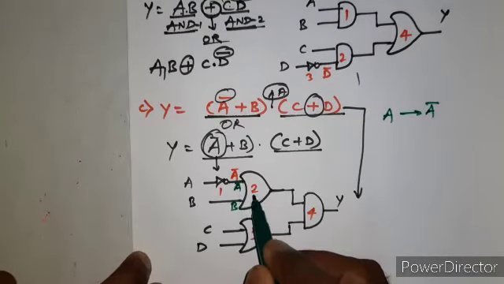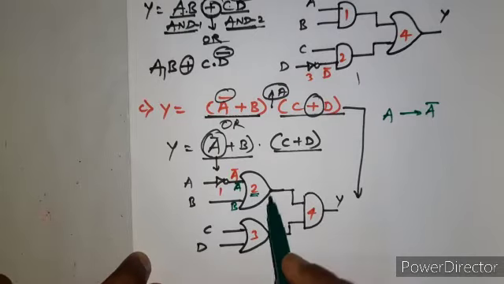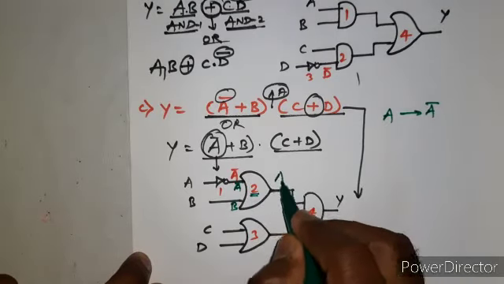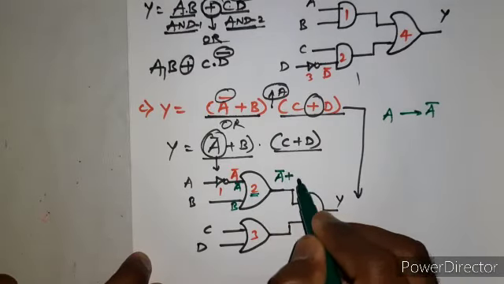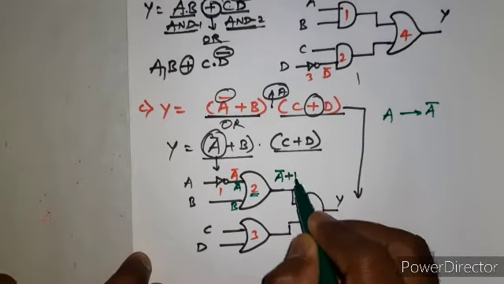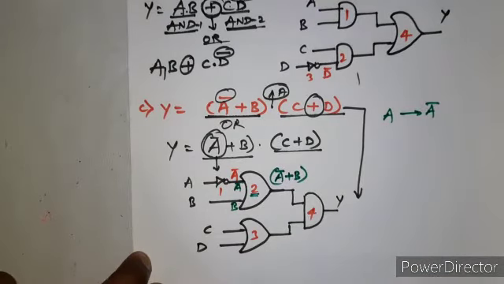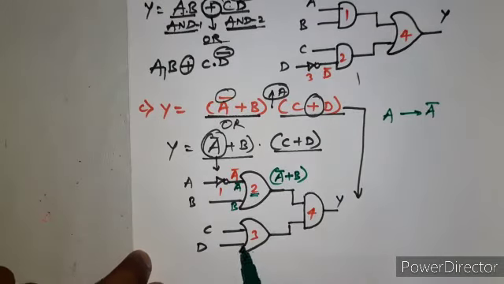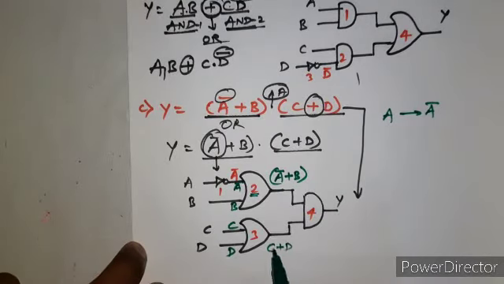Now these two are the inputs to this gate. If you just look at this structure, it is an OR gate, right? So A bar, since it is OR, plus sign we are using, and B. I can put this in one bracket. So this is the output of gate number 2. Now here, since C and D are directly connected, inputs to gate 3 are C and D. The gate is an OR gate, so this becomes C plus D.